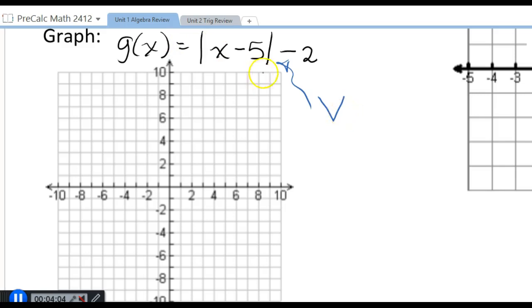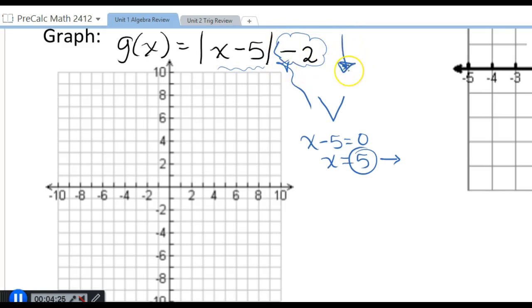So we're okay. The minus 5 means we need to take a look at x minus 5 is equal to 0. x is equal to 5, which means we're going to go to the right 5 units. And then if we look back here, this is our vertical translation. Because it's minus 2, we're going to go down 2 units. So we're going to get our vertex that's normally at the origin and go down 2 and over 5, and that's where my vertex is. To graph absolute value,